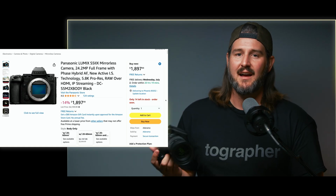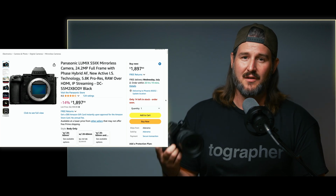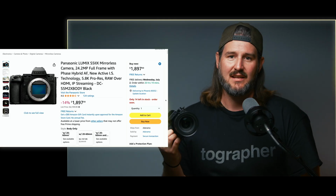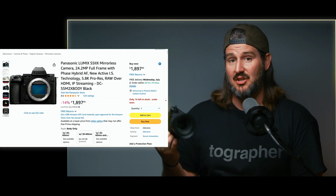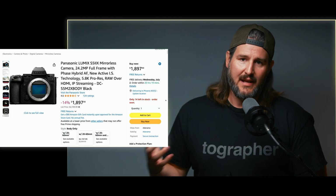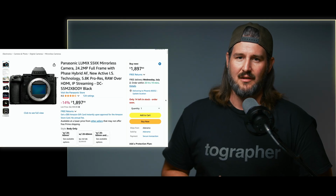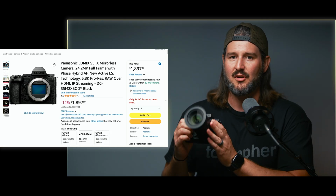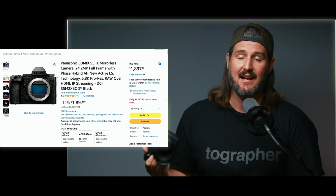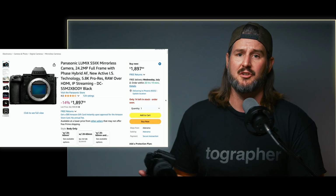If you're filming outside, you need a camera that can keep up, that can do all the things, open gate, IBIS, autofocus, etc., and not blackout. That's what the S5 Mark II is for me, along with things like the GH7, certainly, or an older camera now, but the S1H. You're missing out on some of the newer autofocus technology if you're going that route. But the S5 Mark II is a great choice because I haven't had that problem. It doesn't overheat, at least not in any situation I've ever found myself in, on real shoots, in real production,